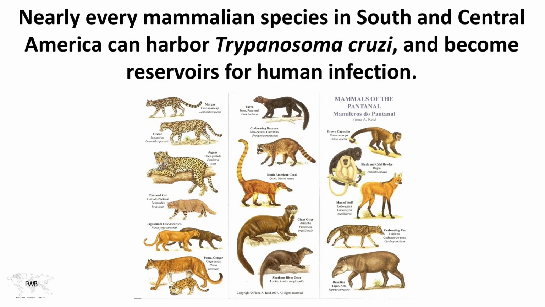Because of all the animal species in Central and South America that can harbor the infection, it would be impossible to try to get rid of them as a way of controlling the infection. That's just out of the question altogether. So instead, we can redesign our habitats to discourage the colonization of them by the reduvid bugs.